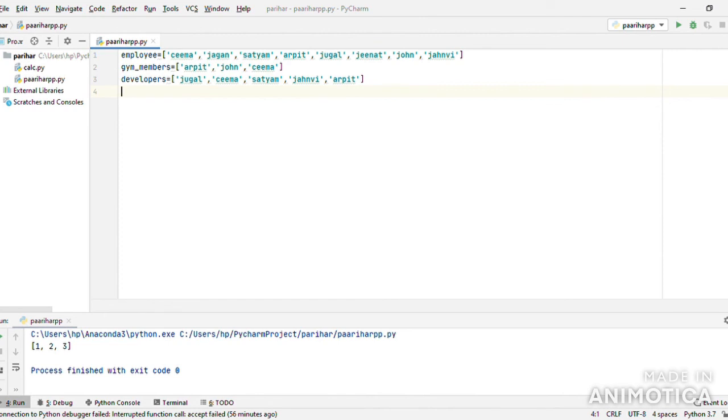So here is the list of employees, the first list. Another is a list of employees who have gym memberships, and the last list is a list of employees who are developers.